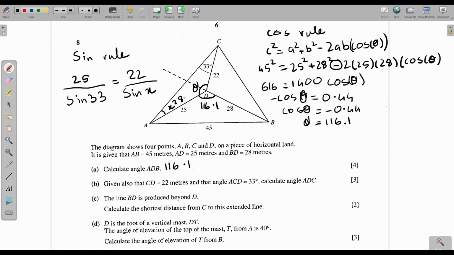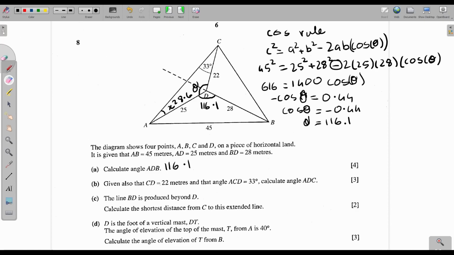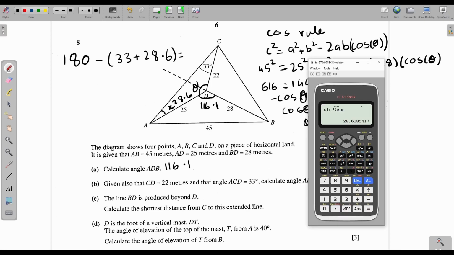So this would be 28.6. And now, since we know that all the internal angles of the triangle add up to 180, we can minus 33 plus 28.6 from 180 to get theta, which is going to be